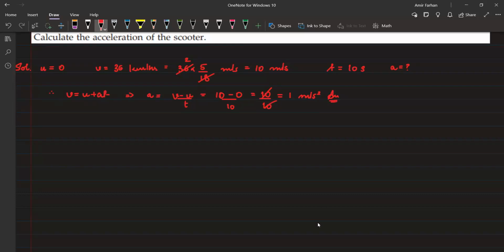Any doubt to anybody till now? Please let me know. Is this clear? So keep this in your mind: if the body is starting from rest, it means that your initial velocity will be 0. And suppose your body was already in motion since you started observing the motion, and your body stops after some time. So what will be the final velocity? Because you already had the initial velocity in that case, your final velocity would be 0. Okay.